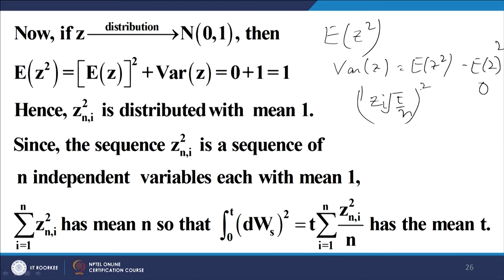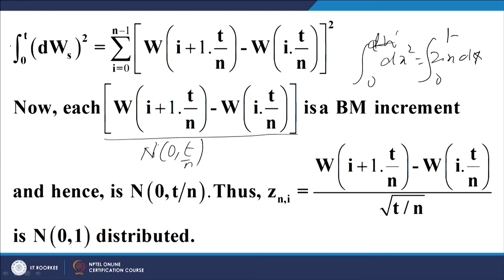This is one such variable, squared of course. This z squared has a mean of 1. Therefore, this whole thing has a mean of t upon n. And because there are n such terms in this summation, you multiply by n. Each of them is identical in distribution, has the same mean, and they are independent of course. Therefore, this n cancels out and we have t as the expected value of this expression.